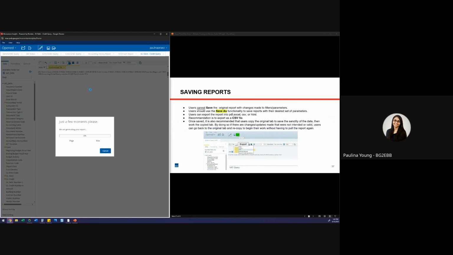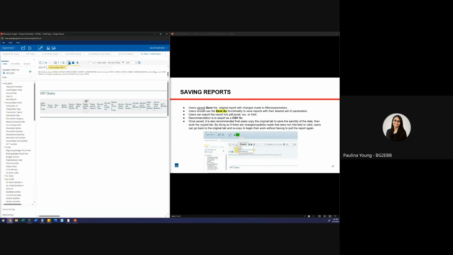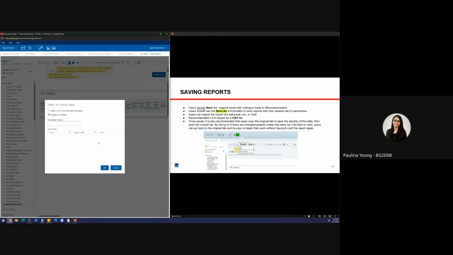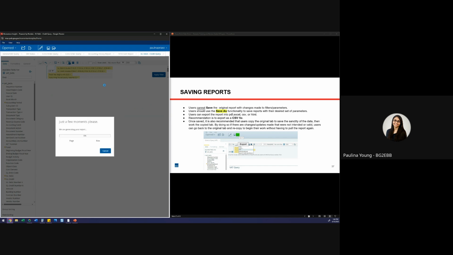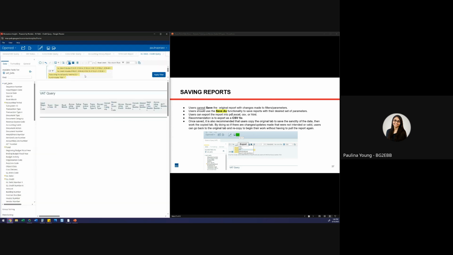You will sometimes run into unexpected errors, and that's just how Pentaho works, but you can usually retry it and it'll come up. So obviously 705 has nothing under 2025. So if I change this to say 2024, and I want to save the specific report because I'm looking for this for 2024, I can go ahead and